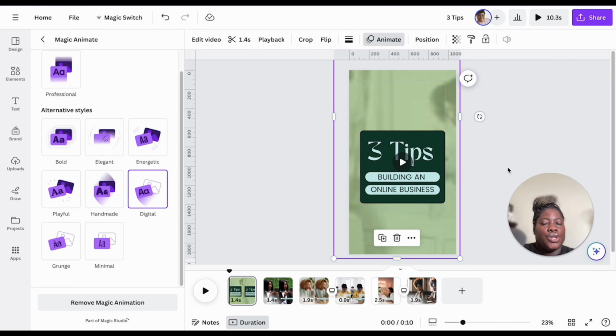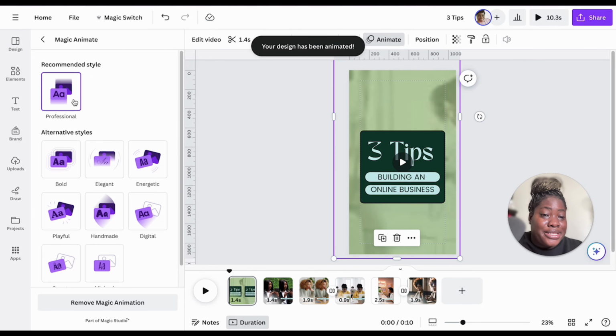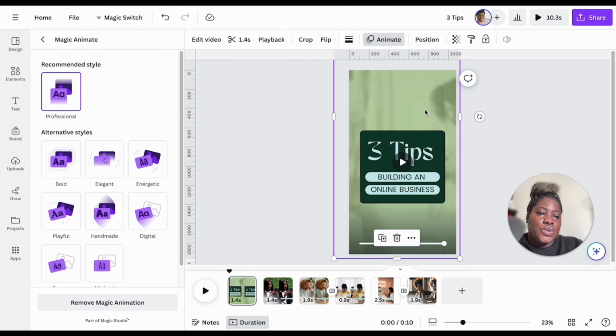All right, one of the things we want to be very mindful of when creating our videos is to keep our audience in mind. Who is our audience, and what type of content do they want? Is it easy for them to consume and digest? Are they fun, are they laid back? Know your audience, and that will help you determine if the suggested animation works for you. And quite honestly, this animation, professional, which is very simple, is best suited based on